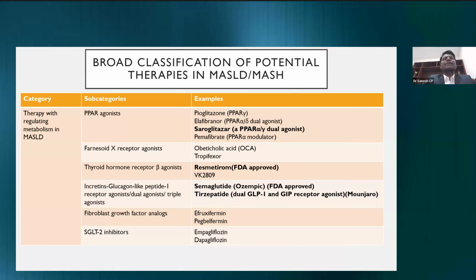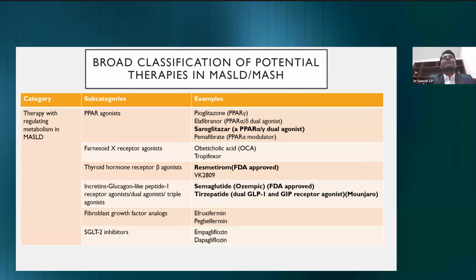As we all know, our physicians are using saroglitazar left and right for MASLD, which is a PPAR agonist, a peroxisome proliferator activated receptor agonist, an alpha and gamma dual agonist. This has been used by many of our physicians for the treatment of MASLD. And other groups of drugs are the FXR agonist, which is obeticholic acid, and the thyroid hormone receptor beta agonist, resmetirom, which is the first FDA approved drug for patients with MASLD and significant fibrosis,